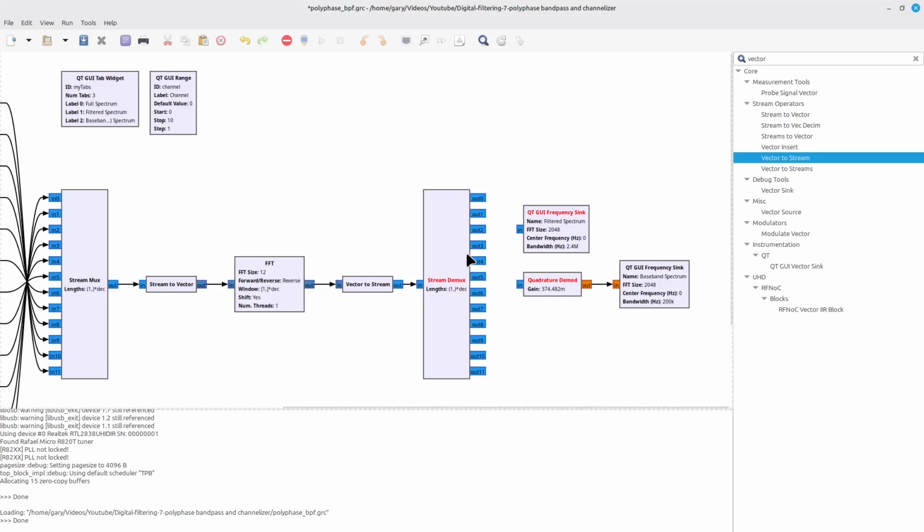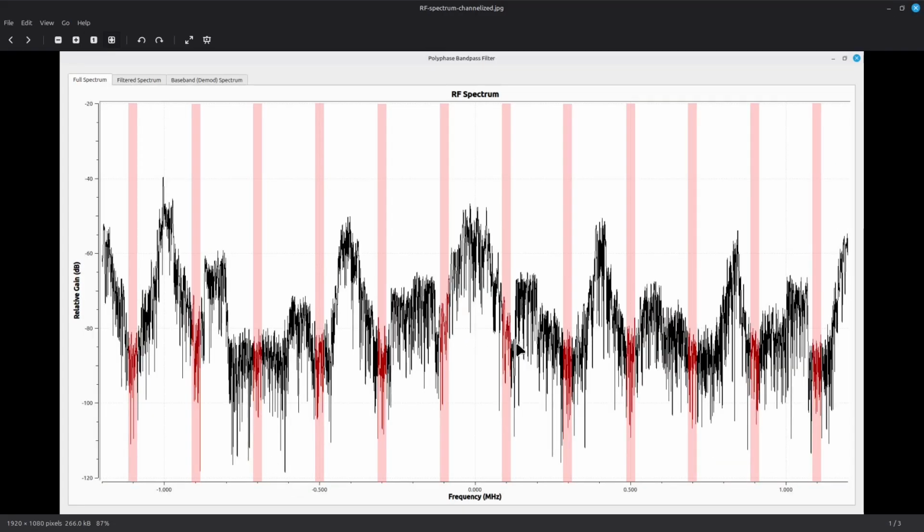Now, here's the part that you have to understand. Channel 0, when you look at my original spectrum and the way that it's channelized, this is my 12 channels. Channel 0 is this one here in the center. And so this would be 0, 1, 2, 3, 4, 5, 6 straddles the two ends. 7 is the one that I was saying is the one that I really want to start with over here on the left end. So this would be 7, 8, 9, 10, and then 11 is the one just to the left of center. If I want to keep that kind of channeling that I had before where I said this is actually channel 0, well, I need to make an adjustment.